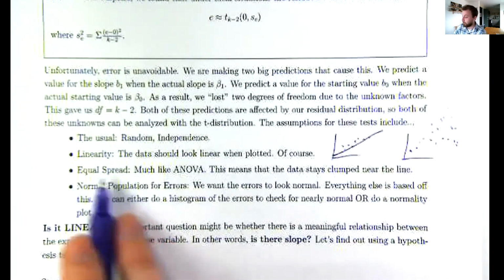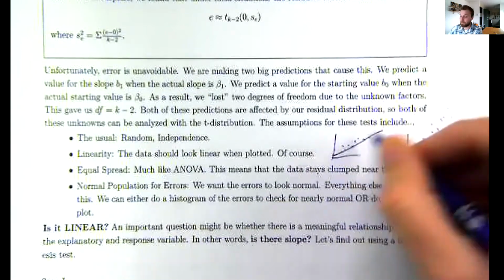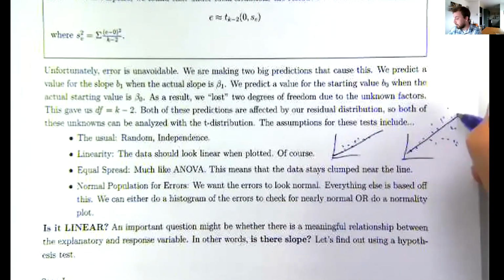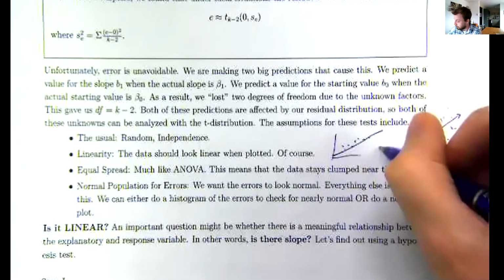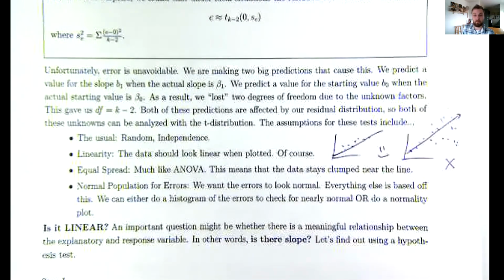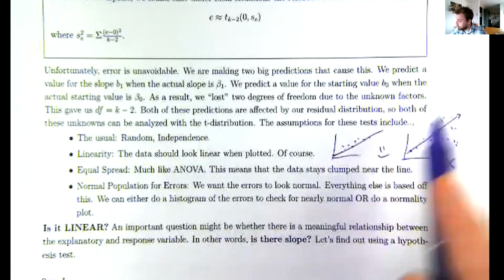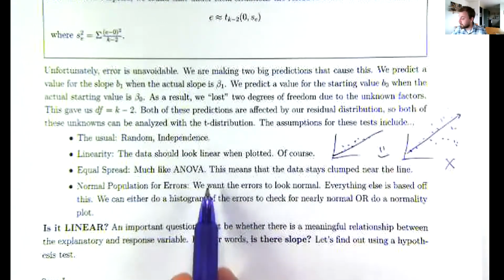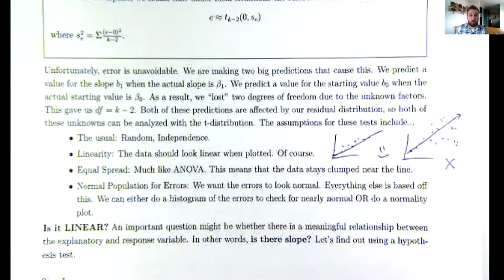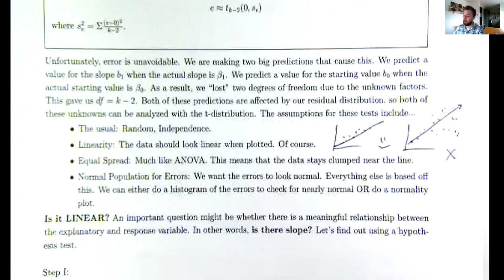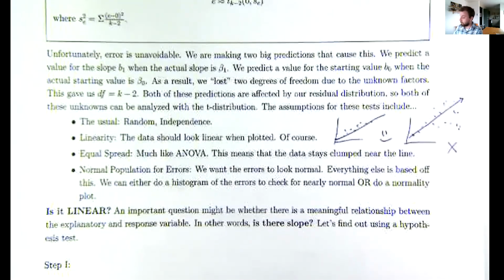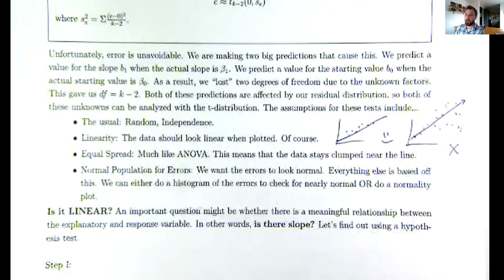My tunnels would not be the same size. I need to have consistent spread throughout in order to use this type of prediction. So I need to make sure that my line stays relatively clumped and smooth together. That's requiring my errors to look normal. Otherwise, I can't actually use this model to make predictions. Okay, there's a lot going on there. Fine. I want to look back at the picture for a second, and then I'm going to show you how to do a test. This one test is the